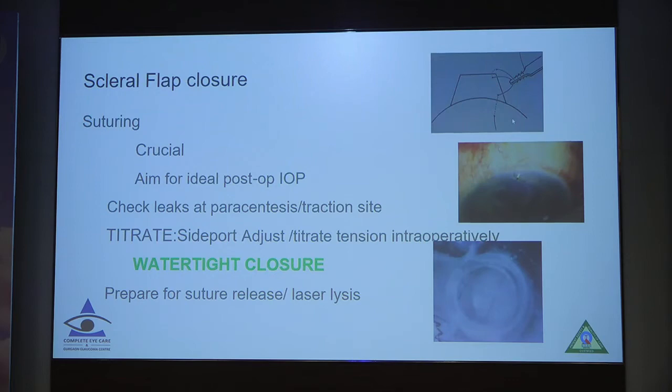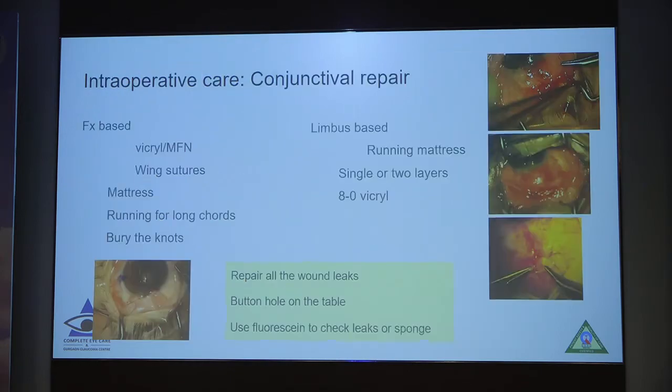Now you can opt. Nowadays, what we want to avoid is hypotony at any stage. So whenever you are dealing with advanced glaucomas, or even normal glaucomas, to avoid post-operative hypotony and shallow anterior chamber, it's always a good idea to do tight flap suturing. So you can go in for a suture lysis at a later post-op period, or a releasable suture, whatever you are comfortable with. Now, conjunctival repair is again